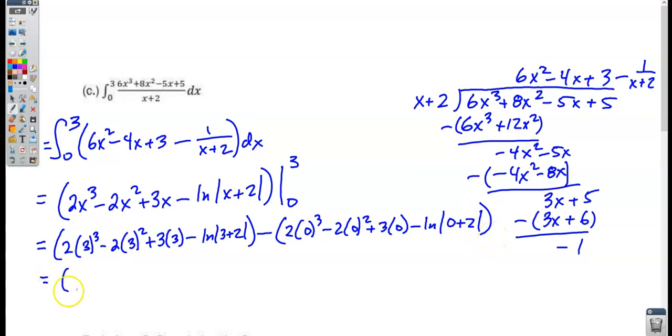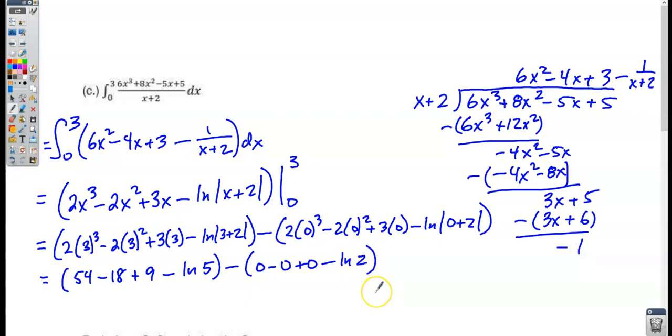And so let's see, this turns into 54 minus 18 plus 9 minus the natural log of 5 minus 0 minus 0 plus 0 minus the natural log of 2. And so this turns into 45 minus natural log of 5 plus natural log of 2, which using logarithm properties turns into